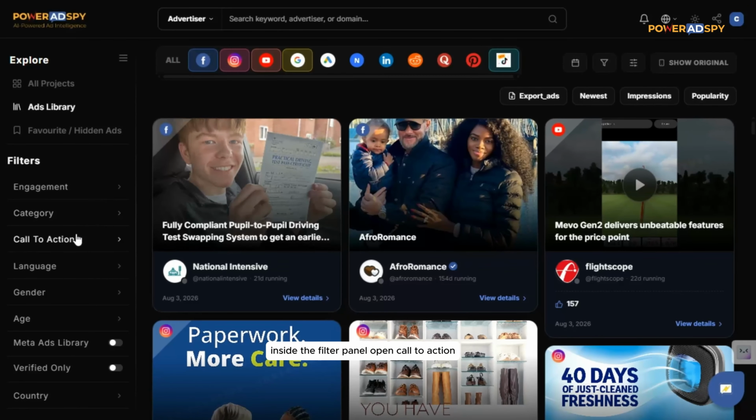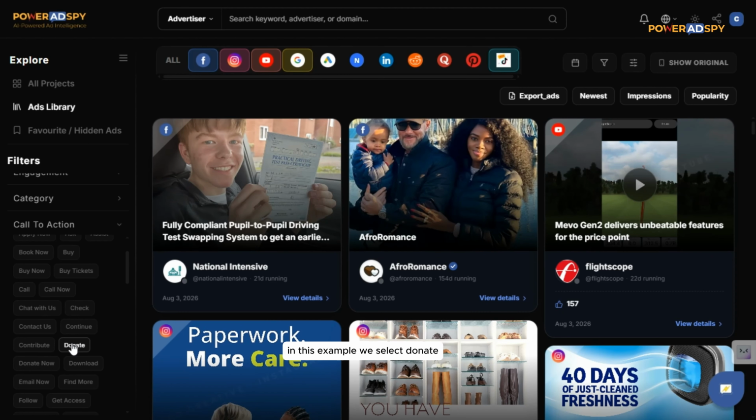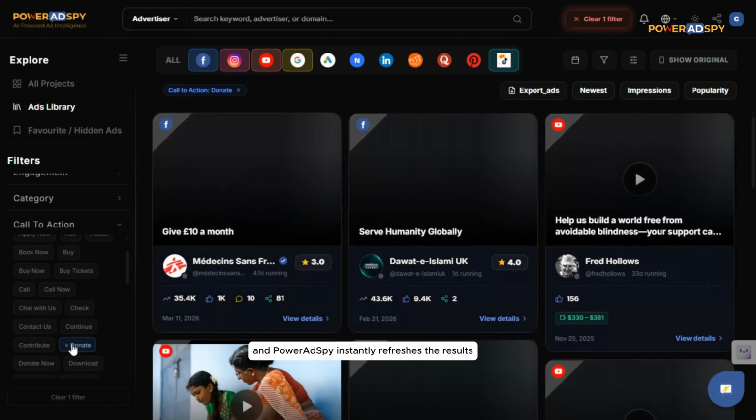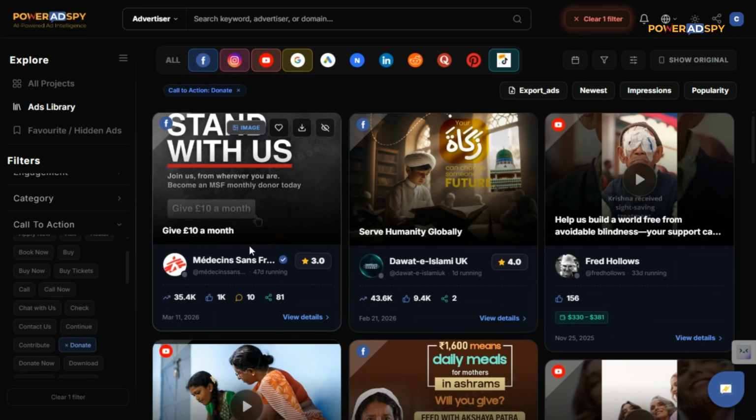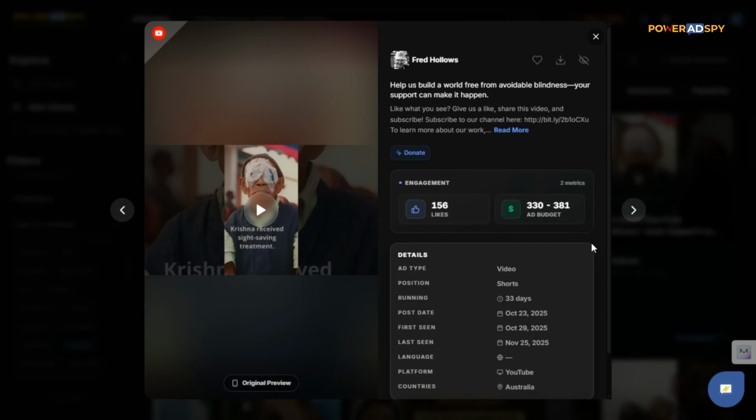Inside the filter panel, open call to action. Here you will find a variety of CTA options including add to cart, apply now, book now, buy now, call now, contact us, donate, and more. In this example, we select donate, apply the filter, and PowerAdSpy instantly refreshes the results. As you can see, the active filter now shows call to action, donate, and the platform displays ads using that